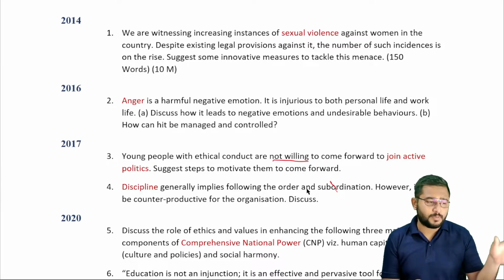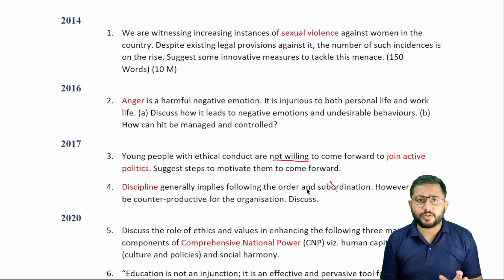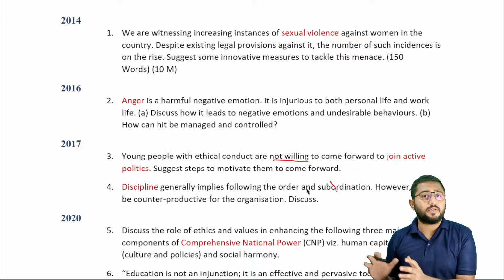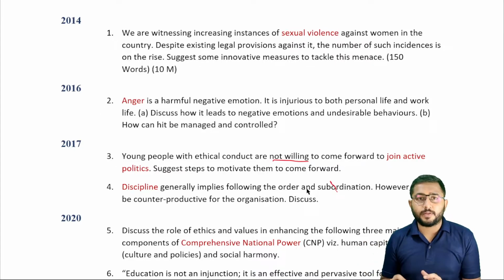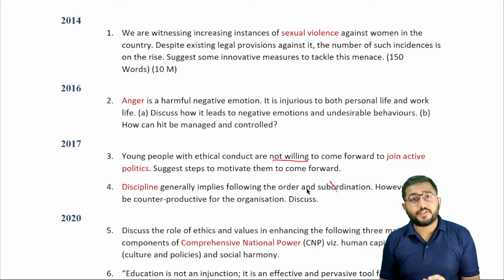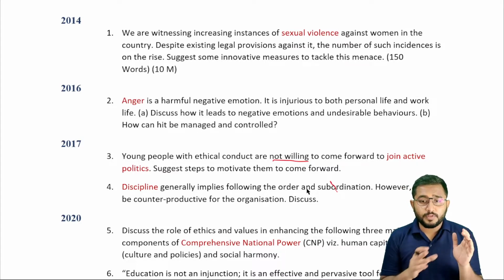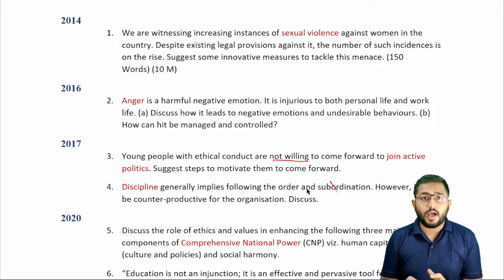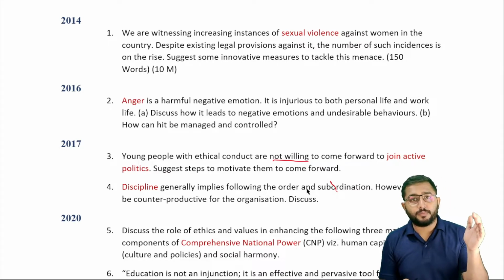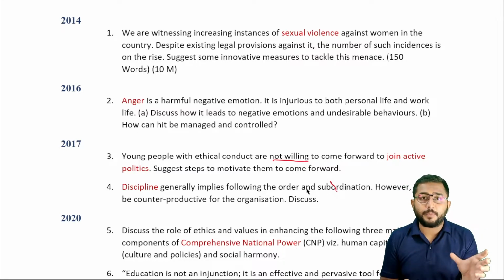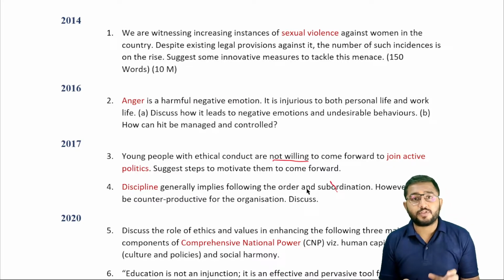The rest of the 50% comes from the ethics, the psychology part of it, the ethics and morality part of it. So 50% of the paper is the PubAd part. Now, another interpretation of this is that about 70% of the questions are practical questions. The questions coming from probity and governance, the questions coming from ethics and values in public administration, as well as the quotation and societal based problems.